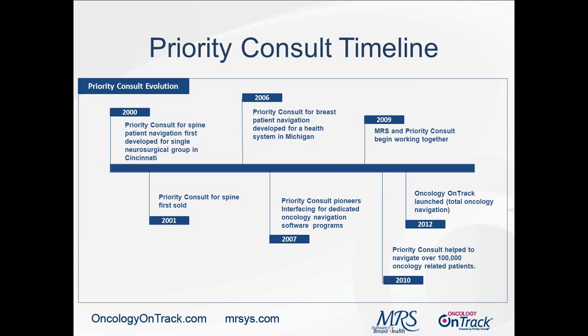Paul? Real briefly on the Priority Consult timeline. Priority Consult got started in the year 2000 and started working with spine patient navigation and triage. And it first developed the spine application for a physicians group in Cincinnati, Ohio. The same concepts in patient navigation were pulled from that spine product and applied in 2006 to a program in Detroit, Michigan, specific to breast patient navigation. In 2007, Priority Consult first started pioneering interfacing